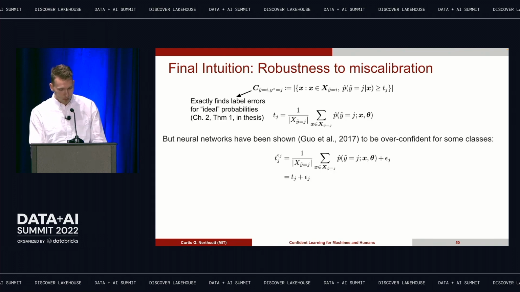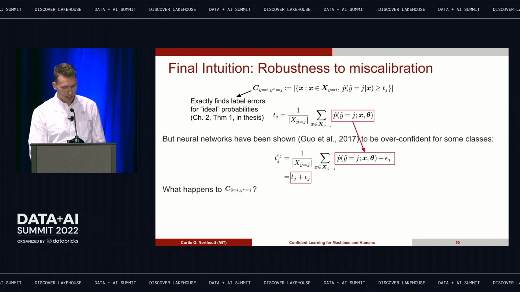So here's what we're doing. Right here, we've added an error term per class J, meaning that the model is actually overconfident. So the probability for this class J is too high. When you recompute the threshold, you're going to get the threshold plus some error term. If everyone's following, it's just an average, and you've averaged in a sum of a bunch of things. So that sum drops out. And you can look at that for a sec if you need to. So your new threshold is just the threshold plus whatever the overconfidence is.